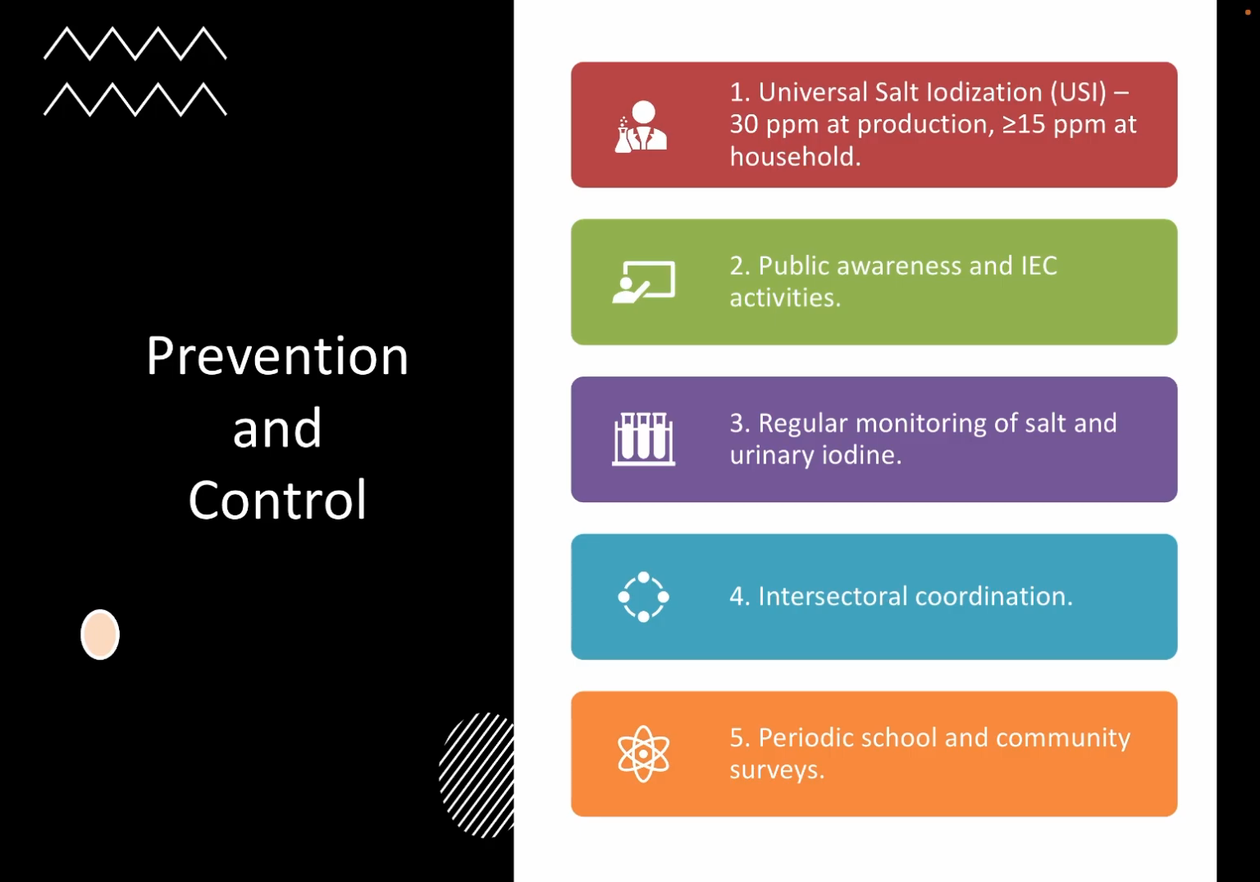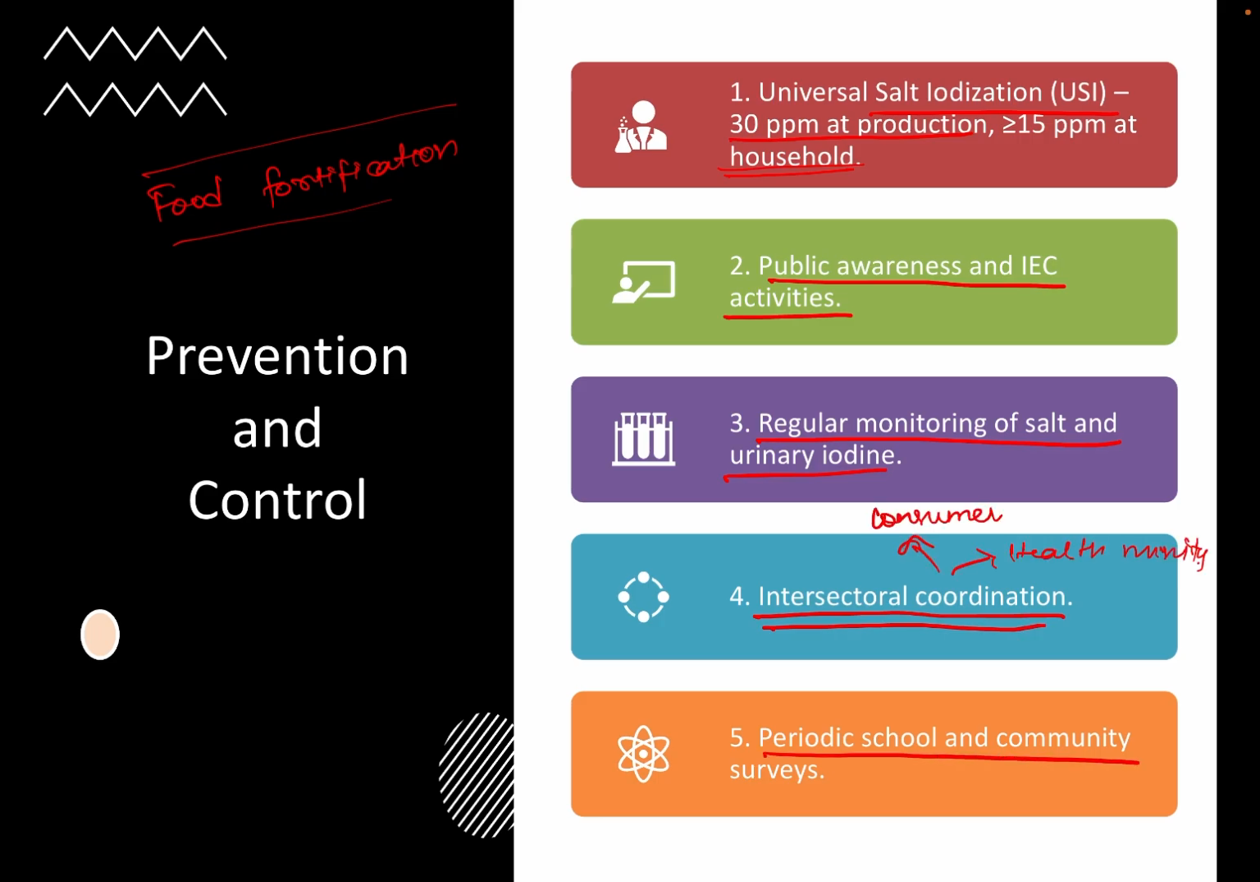Now, prevention and control. There will be universal salt iodization, which we call food fortification, where we add iodine into the salt at 30 parts per million at the production level and 15 parts per million at the household level. Then public awareness and IEC activities, regular monitoring of salt and urinary iodine, intersectoral coordination, periodic school and community